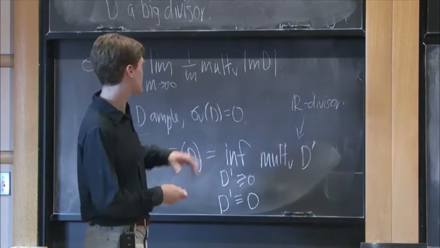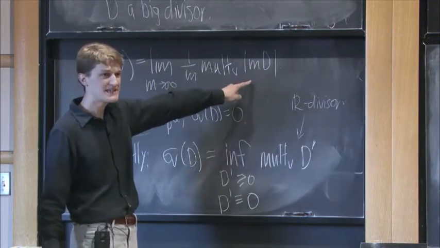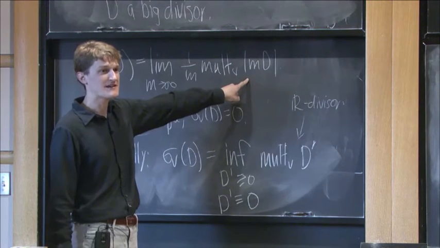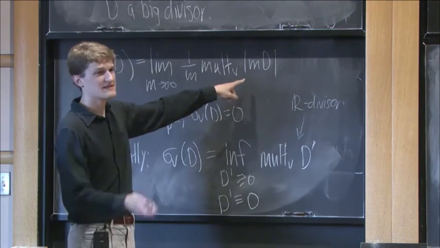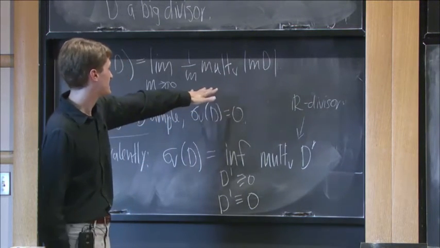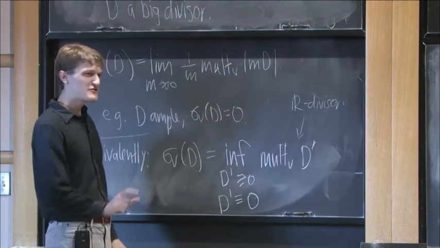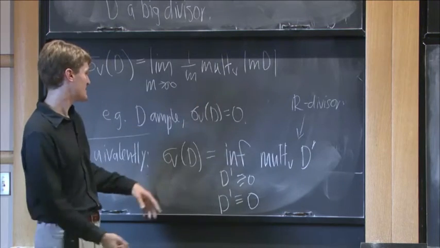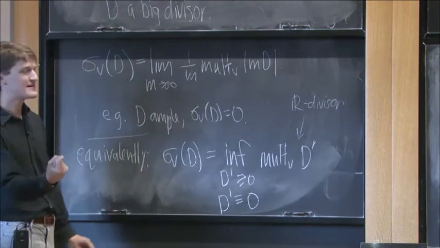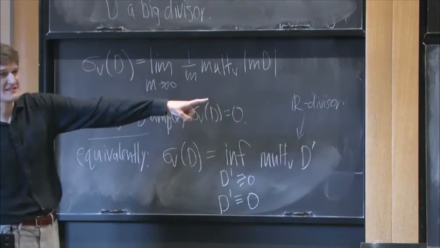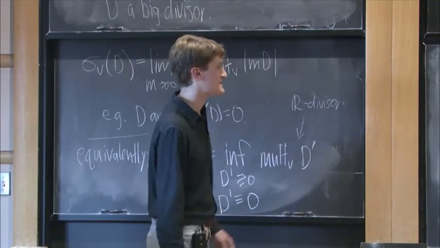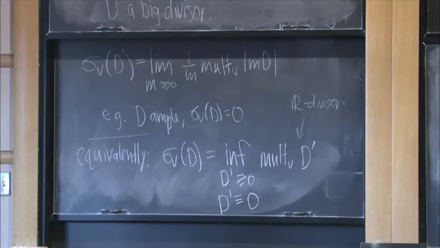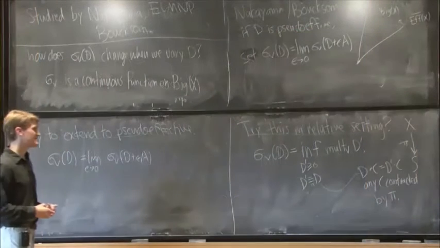Yeah, that's a good question. So that's something to prove, that if d is big, this is actually a numerical invariant. And this is, again, checked by Nakayama. I think if you try to do it for classes that are effective but not big, it's no longer a numerical invariant. And so that's why even for effective classes that aren't big, you want to use the limit definition to define it. Yeah, that's a good question. But it's enough to just look at the numerical class. The answer doesn't change.